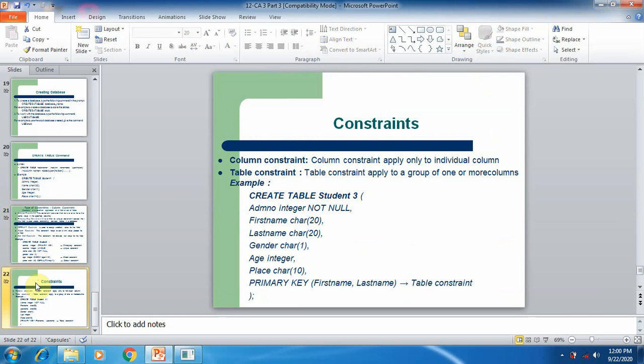Constraints are of two types. Number one, column constraint, which we already discussed. That is, a constraint can be applied to a specific column in a table. The second is table constraint, which is used to apply to a group of one or more columns. So here in this example, we are going to give a single constraint for a group of columns in a